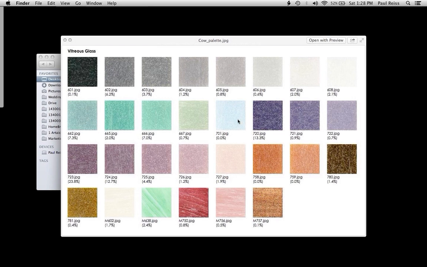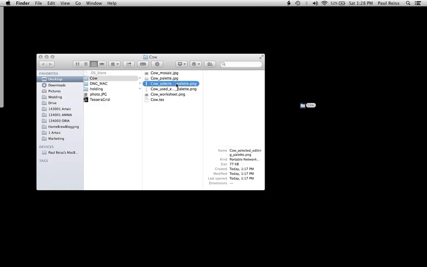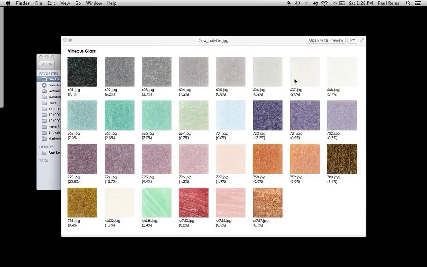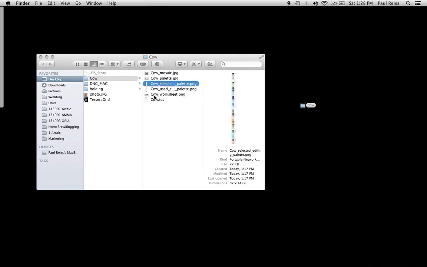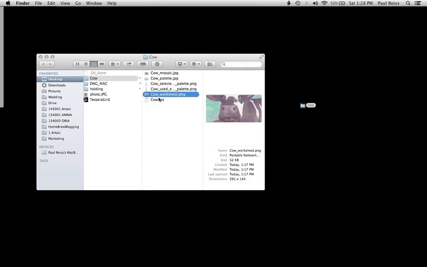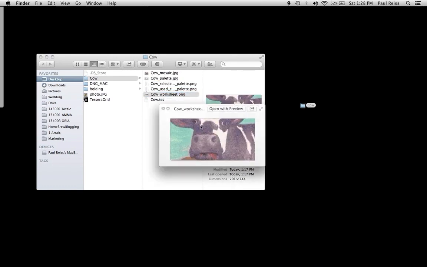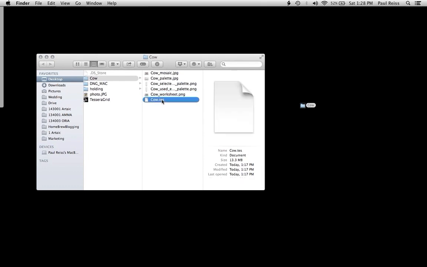These are the colors I am using with the cow. That's just for reference. That doesn't need to be uploaded anywhere. And then there's these editing palettes that I went over, and then the worksheet file that I will go over in a little bit. And then this .tes file. So this is like our PSD file. So I can load this back into the software, and it'll recognize all the adjustments I made